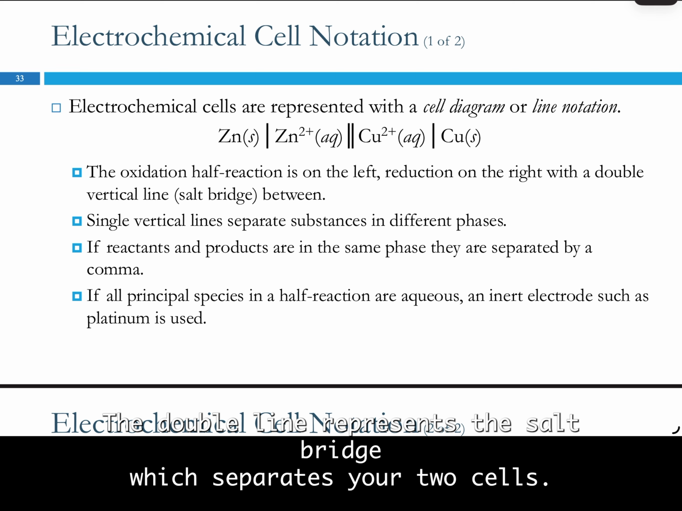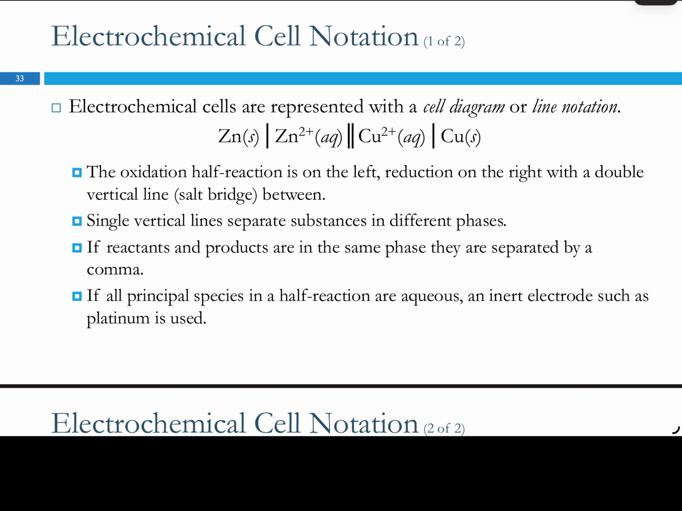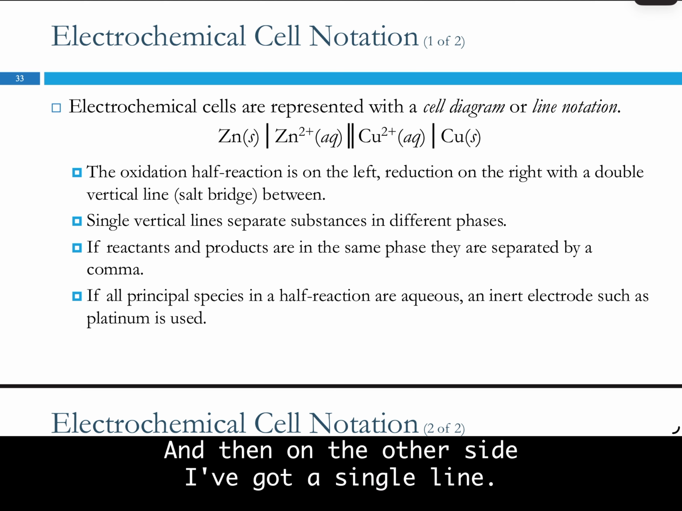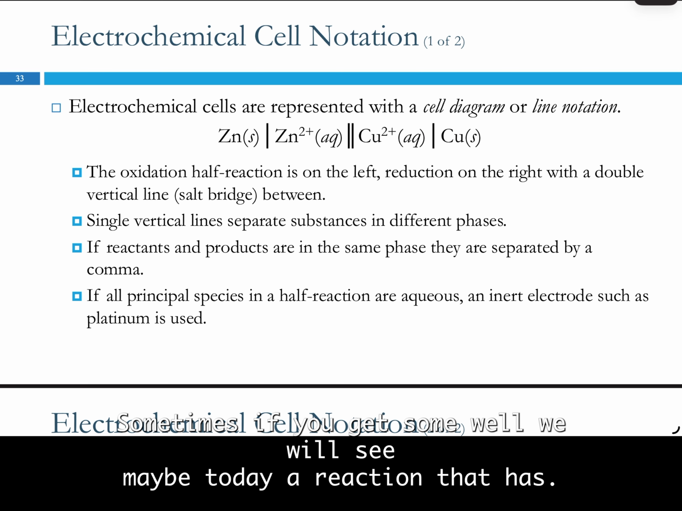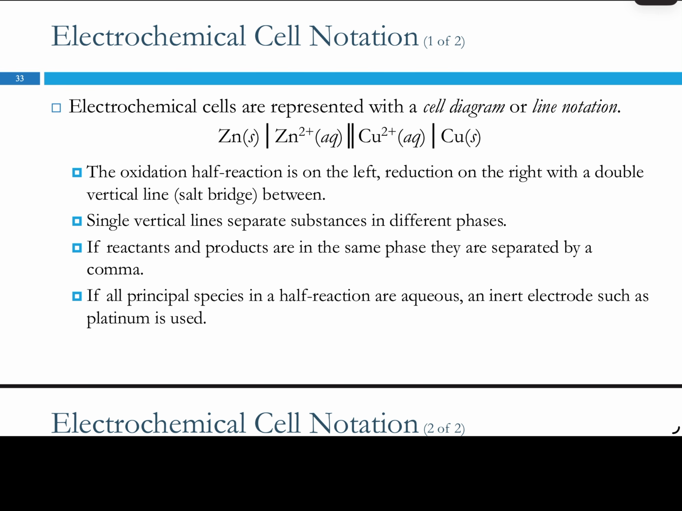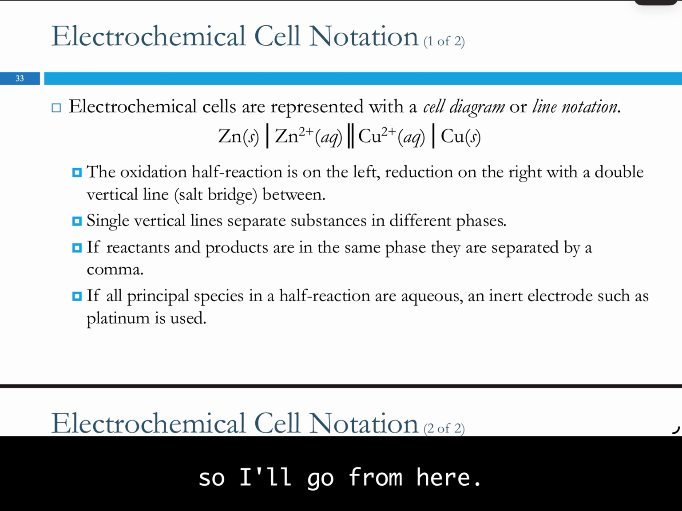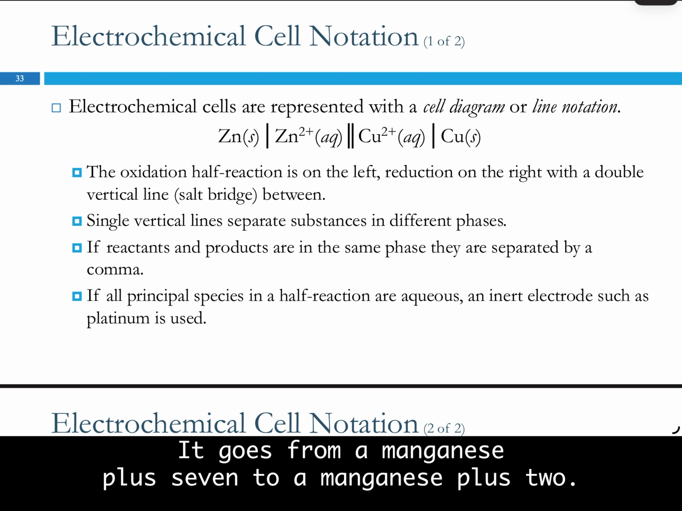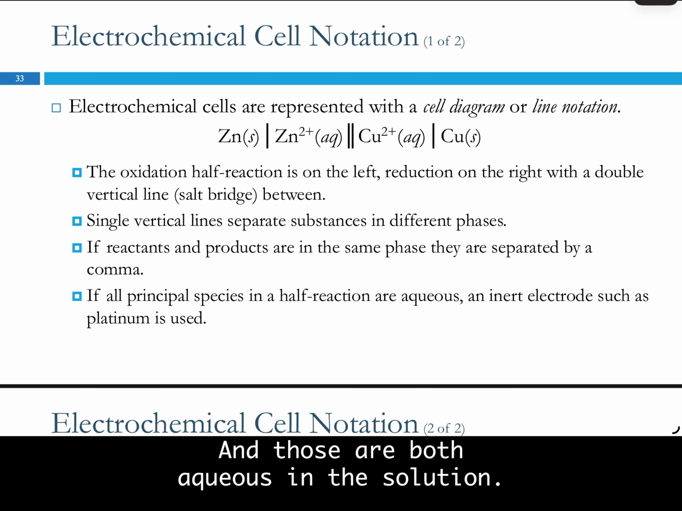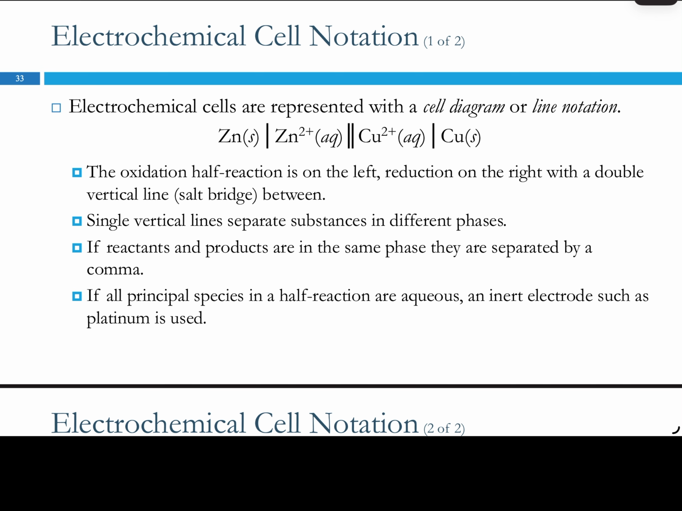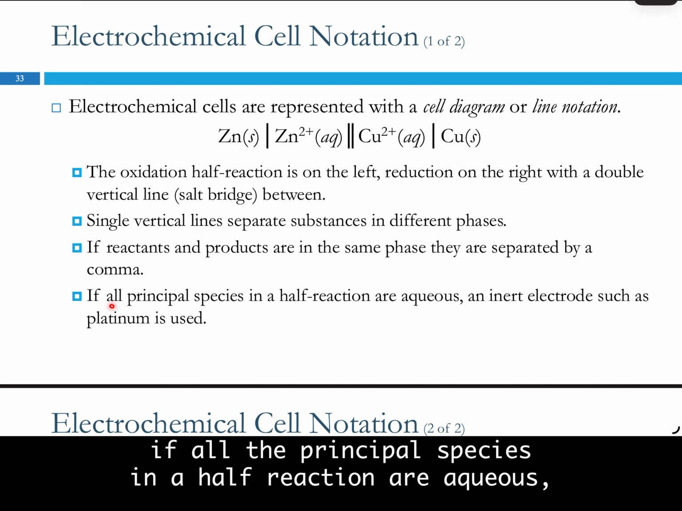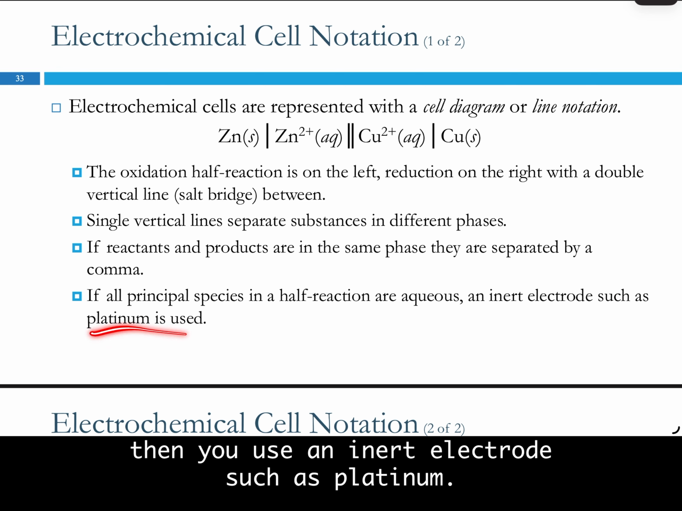The double line represents the salt bridge, which separates your two cells. And on the other side, I've got a single line. Sometimes, and we will see one maybe today, a reaction has both of the ions in solution. So it goes from manganese +7 to manganese +2, and those are both aqueous in the solution. So if all the principal species in a half reaction are aqueous, then you use an inert electrode such as platinum,